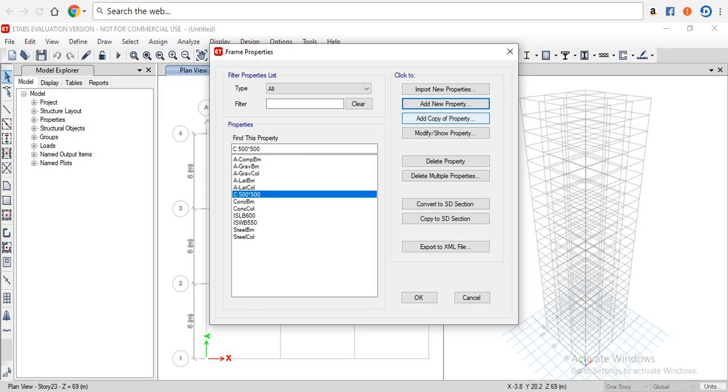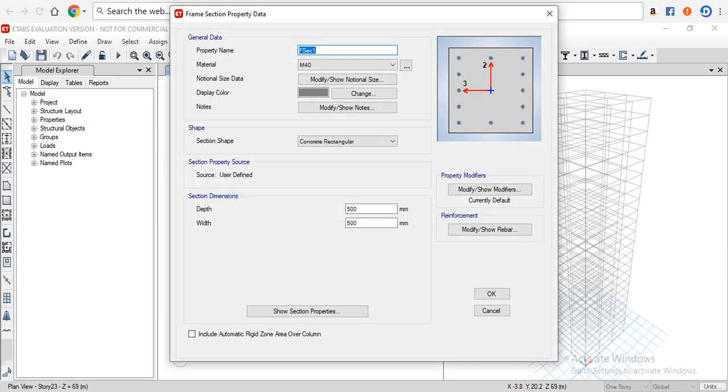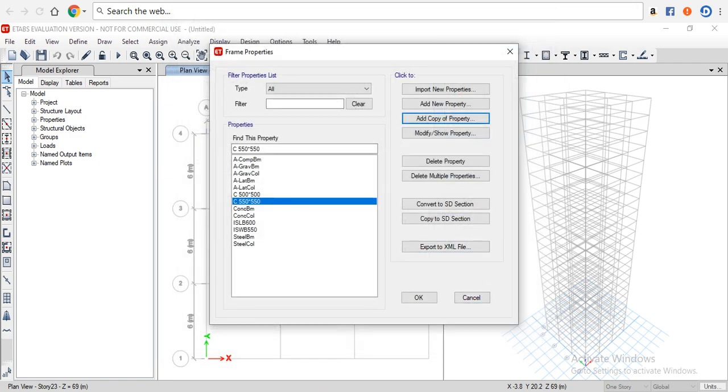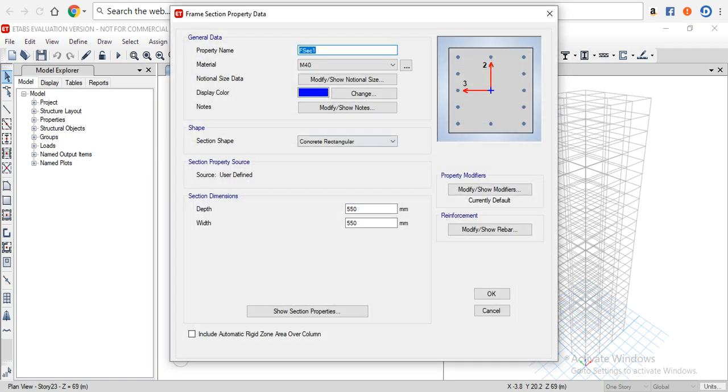Then go to add copy of property, change the property name of column of different size 550 by 550, then change the dimensions of depth and width 550 and 550, then click on OK. As the properties are same, then add copy of property, change the column of different size as given in the question,